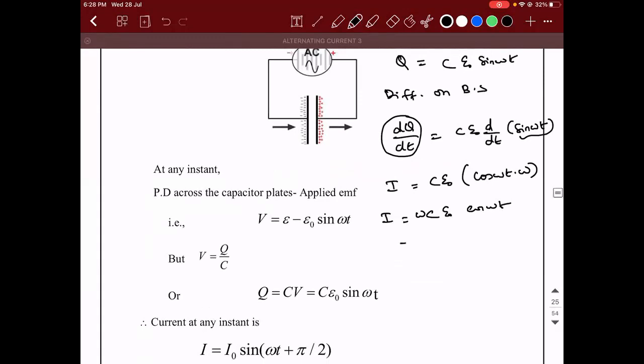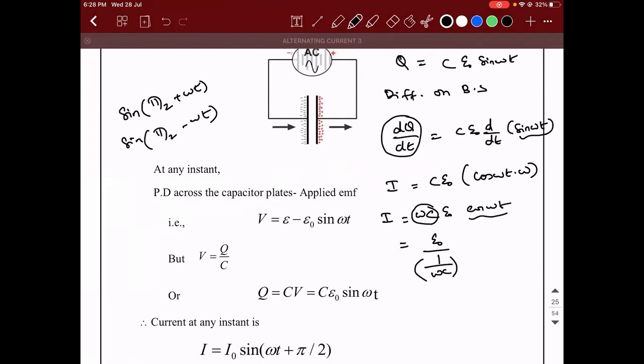This is where the tricky part starts. So E naught divided by this omega C, I will take it to the denominator. So it will become E naught by 1 by omega C into this cos of omega t is there, no? I can write it as either sine of pi by 2 plus omega t or sine of pi by 2 minus omega t. For sine 90 plus theta is also cos theta, sine 90 minus theta is also cos theta. First and the second quadrant. But out of these two, which one should I choose?